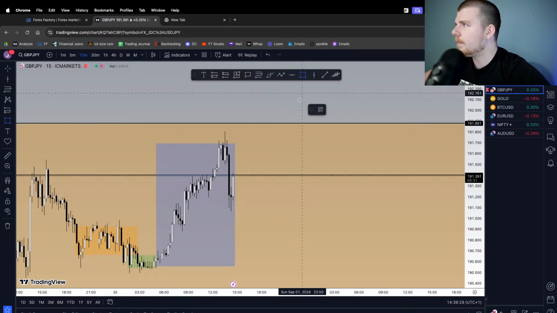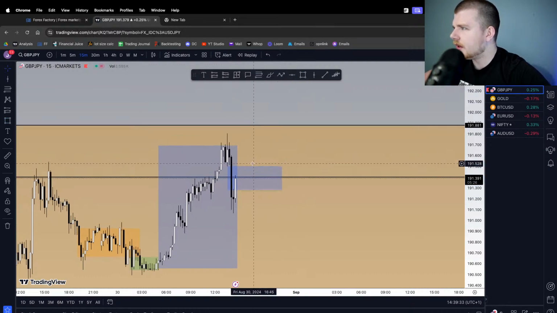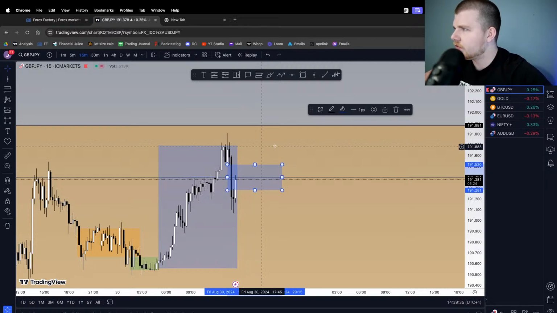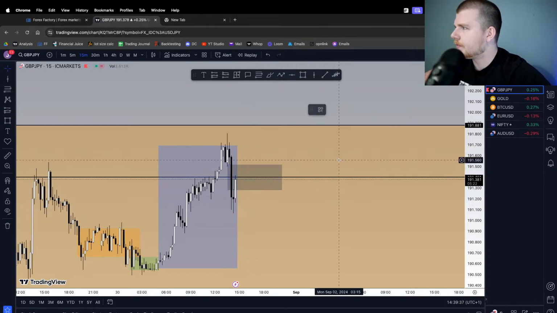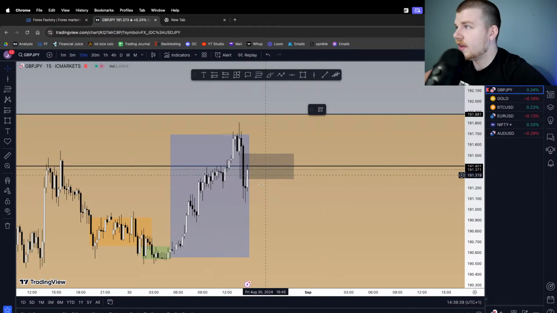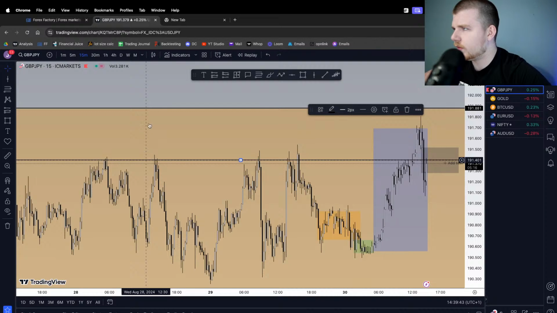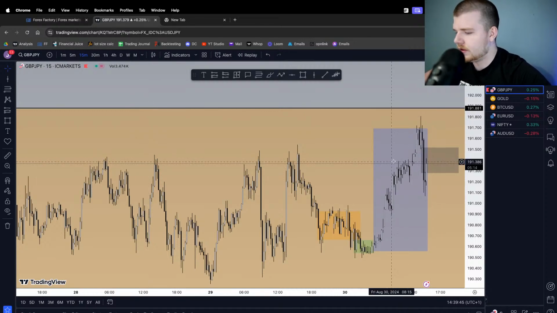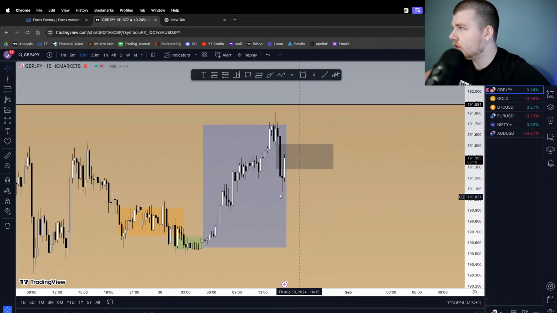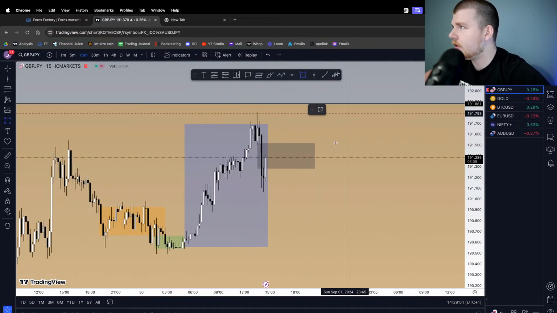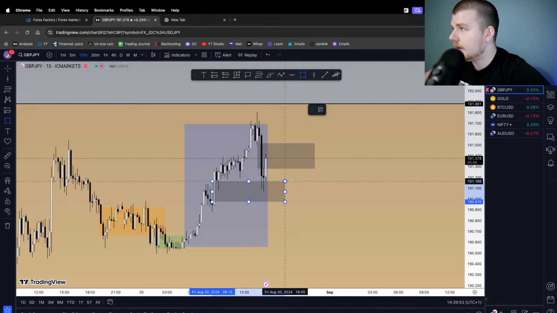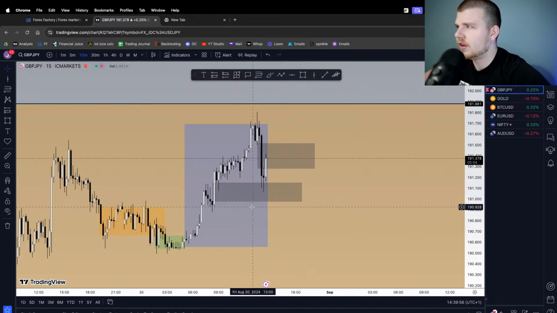We are coming back into this fair value gap over here, which could be the expansion reversal phase. So we could look at actually taking that. We've come back into this line here. I don't think we really need to have that line there. But we could literally look at taking sells right off the bat. The only issue is we've come into a bullish fair value gap here. So we're kind of just sitting in between two fair value gaps here.